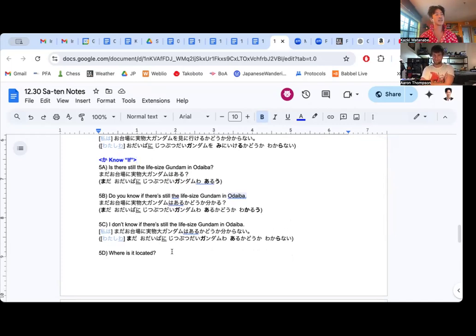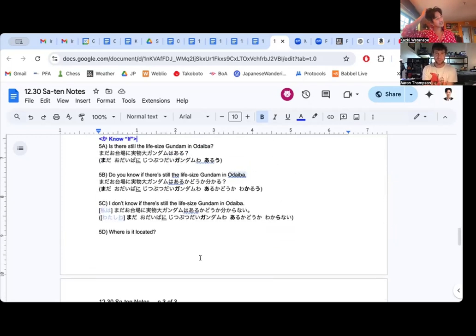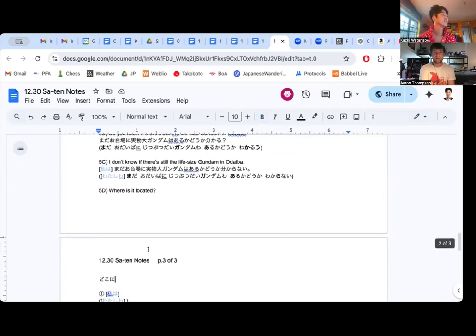But I feel like you can improve again. And so now we are nitpicking. お台場に, go ahead. お台場に実物大ガンダムを、もう一回。まだお台場に実物大ガンダムがある